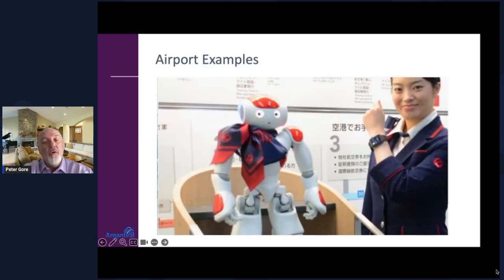Obviously, the goal here is that the passenger's experience will be improved by moving the information to a device that they can interact with, as opposed to standing in lines and waiting for a person. The robot is not going to get frustrated by the multitude of the same questions, and hopefully this interaction is going to be a positive experience for the customer, where they don't have to wait and they can simply move on about their day.